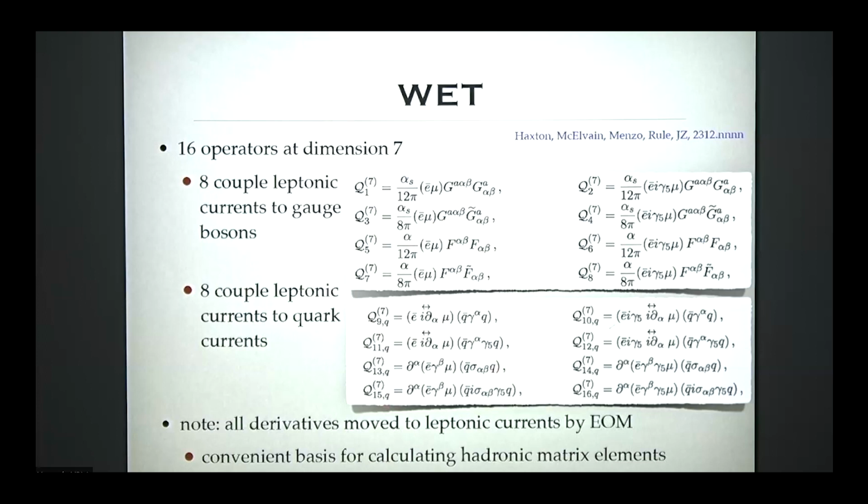So again, the reason why I want to do this is that it's very easy to write matrix elements for the quark currents. All right, so that's the basis. It's a full basis at dimension 7 with some convenient choices because you work at low energies. You're not really interested in the SMEFT part. So there will be some conversion there.